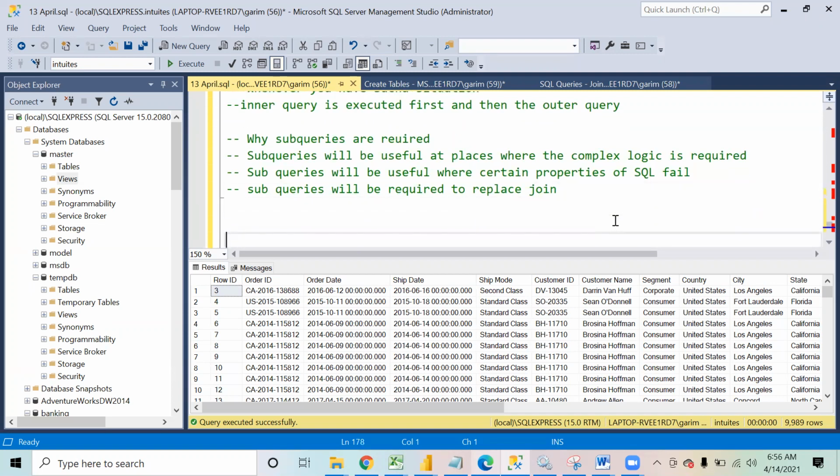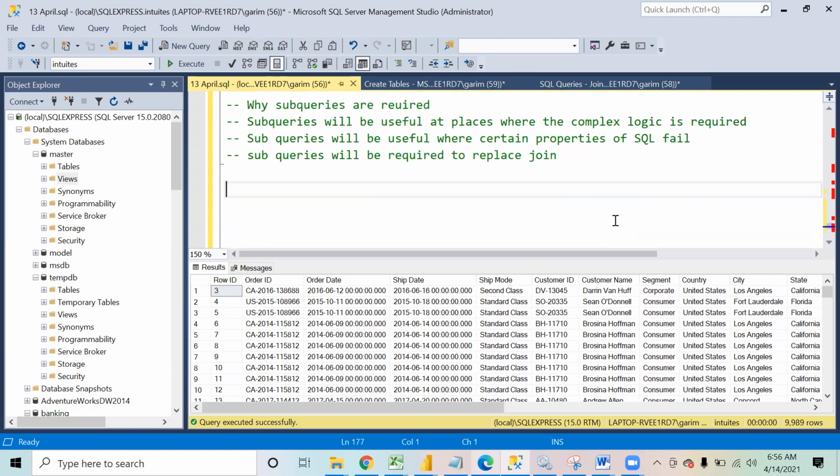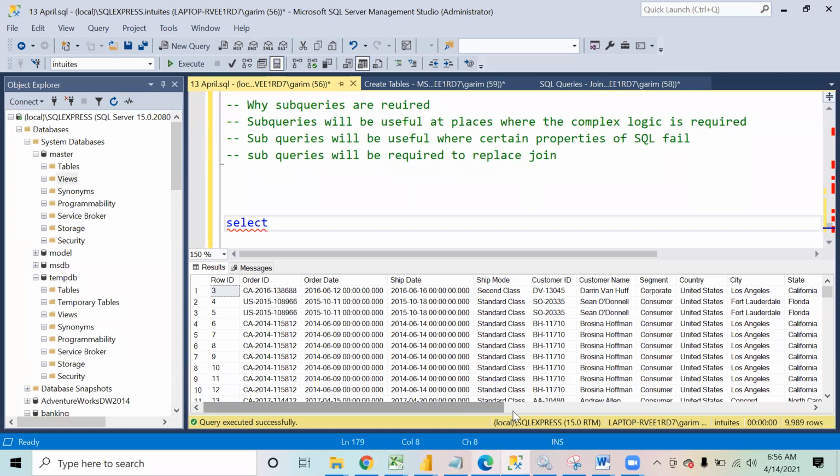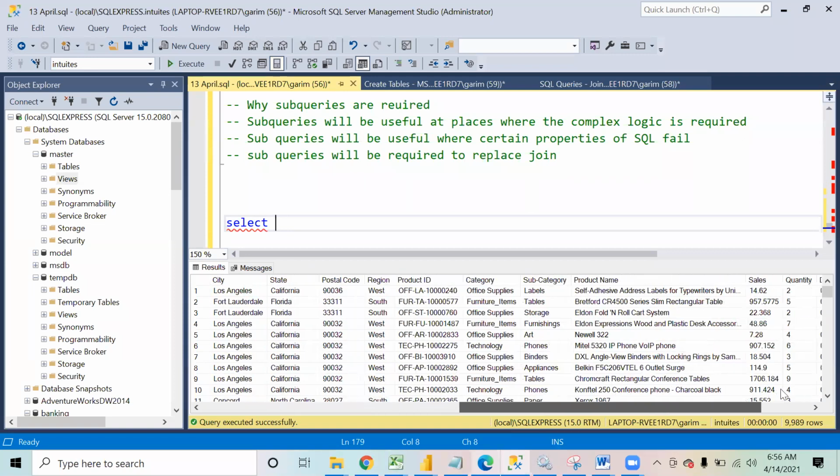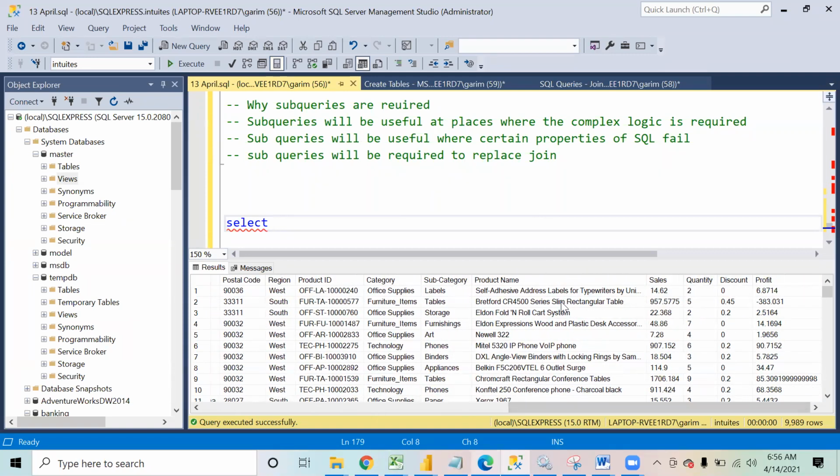Now let me first give you an example by which you will be able to understand it. I want to write a query where I fetch the data from the orders table for all those products where the sales was more than average.